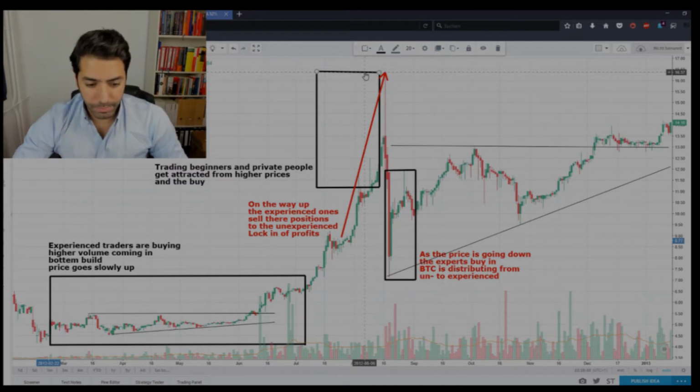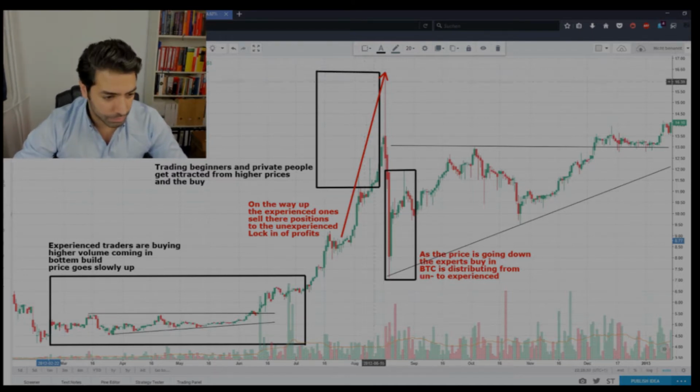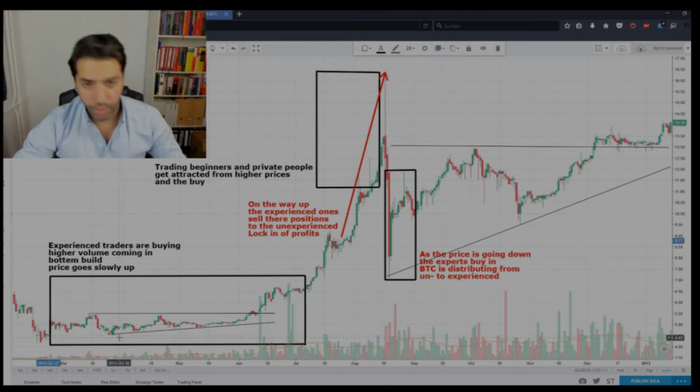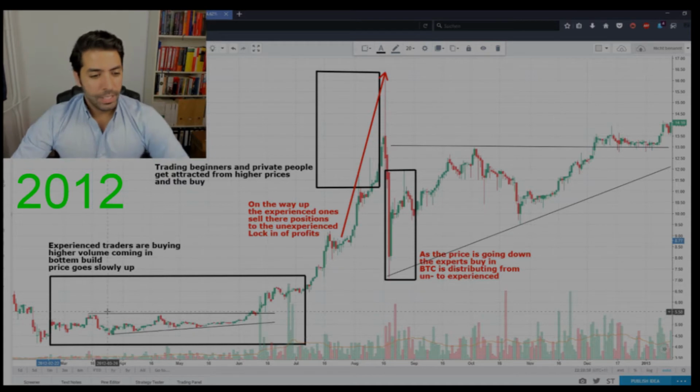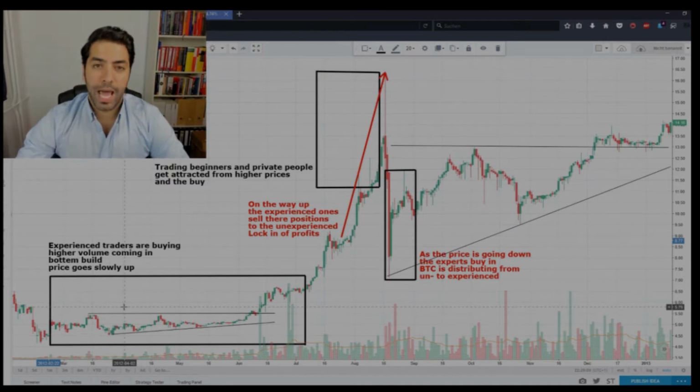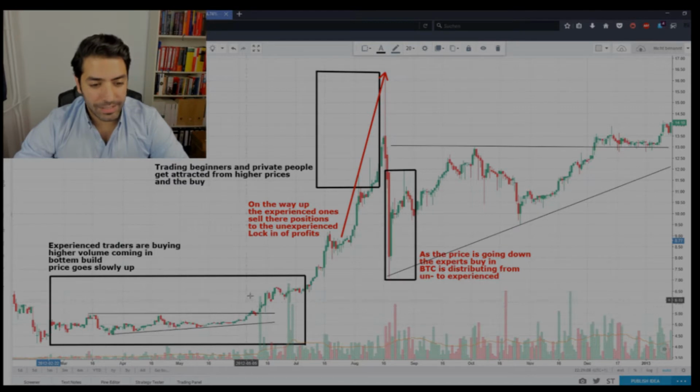I put out a Bitcoin chart from 2002. And this is an example, and I want to explain to you what happened in these trends, and why they happened. Let's start in this phase here. So Bitcoin came down from a price, we can't see it here and it's not that important.